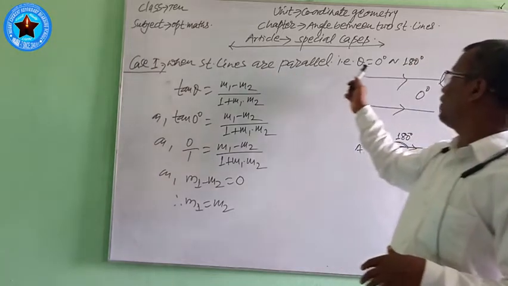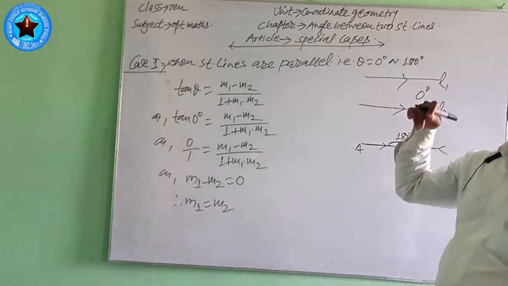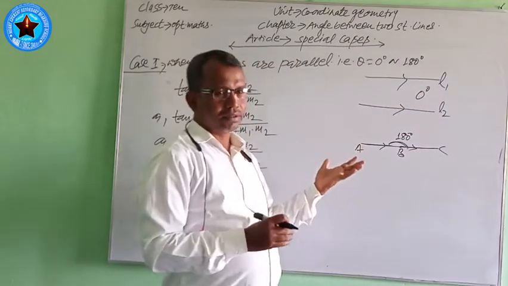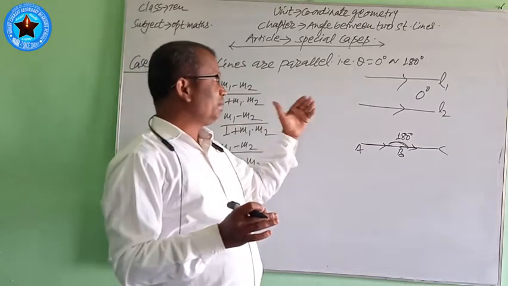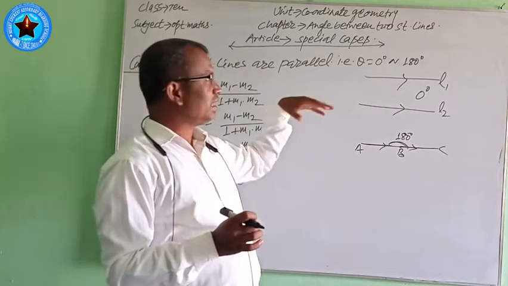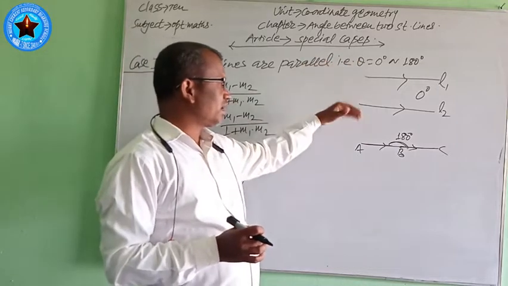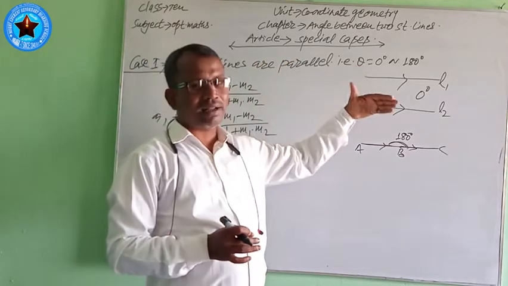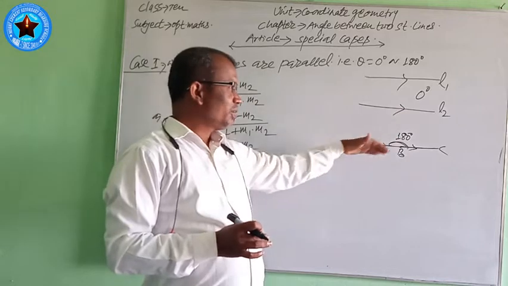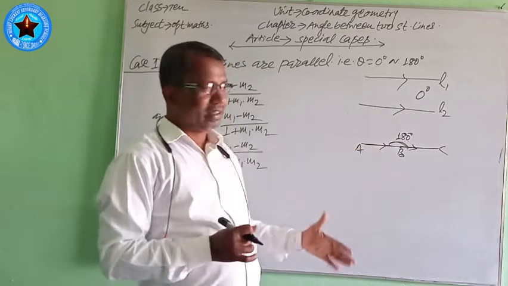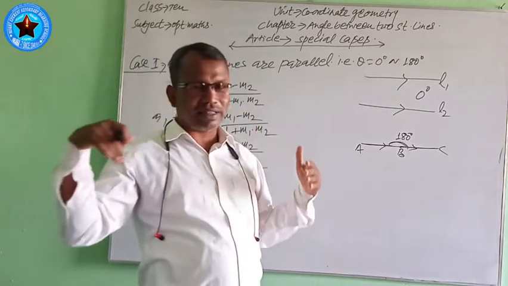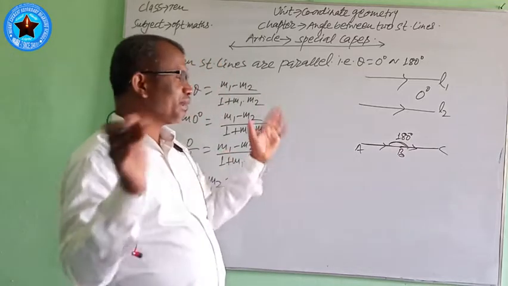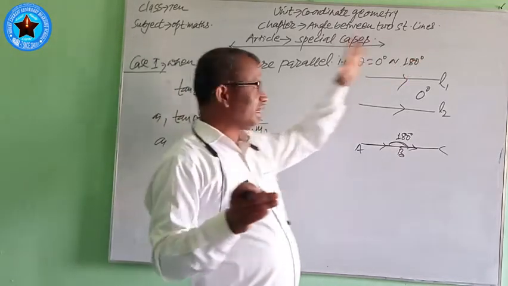using theta equals 0 degree or 180 degree. Between two parallel lines there can be 0 degree or 180 degree, and no other angle, because there are three types of parallel lines: separate parallel, collinear parallel, and coincident parallel. In separate parallel and coincident parallel, the angle between the straight lines is 0 degree. Where straight lines are collinear, that is, parts of the same straight line, the angle between two parallel lines is 180 degree. No other angle can be between two parallel lines other than 0 degree and 180 degree.